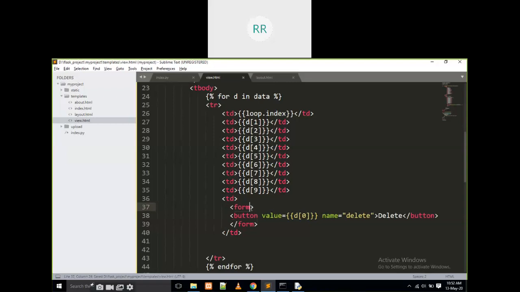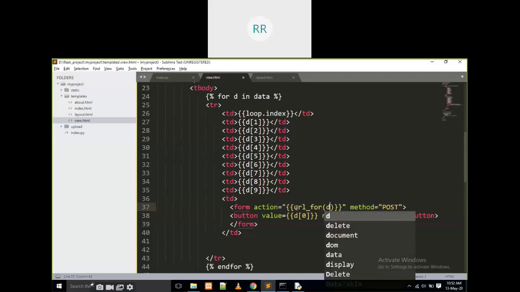What is this form? Two methods are there. That is action, and the next one is method. Method is post. And what is our action? I am going to write here url_for within single quotes delete.